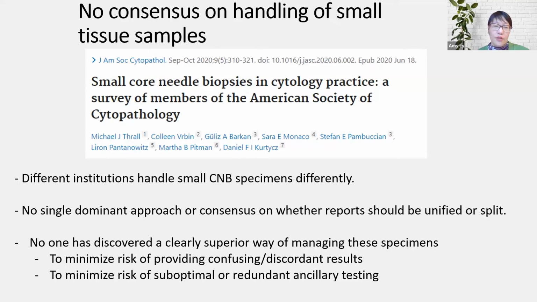There was no dominant approach or consensus found on whether these reports should be unified or split, based on a survey of ASC members. These findings indicate that no one has discovered a clearly superior way of managing these specimens in order to minimize confusion and discordance, and to maximize ancillary testing